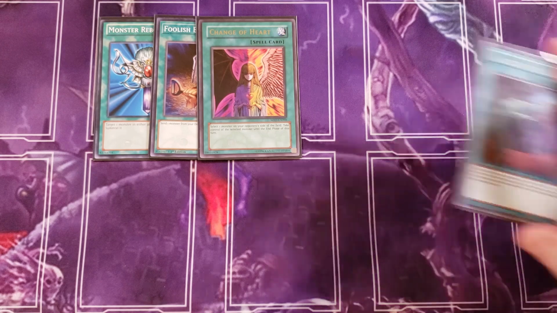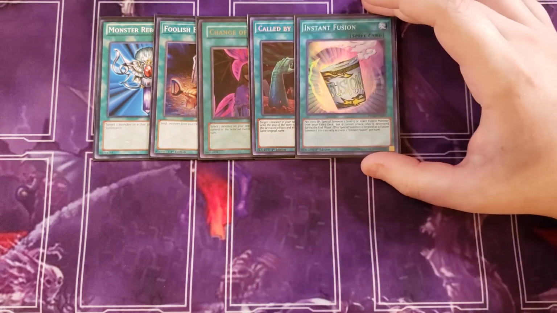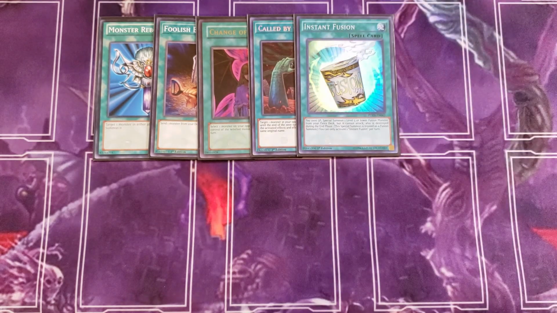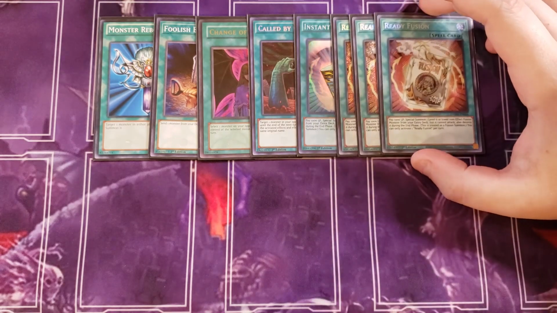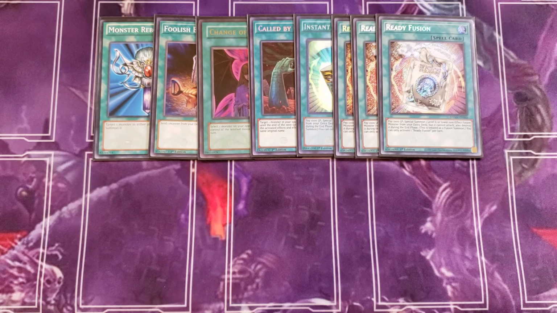We then play a single copy of Call by the Grave. Call by the Grave is really good to stop hand traps, so this card is a great one-of in the deck. We play a single copy of Instant Fusion, and then 3 copies of Ready Fusion, which we're always going to be summoning the same target off of this card. So they're pretty much just 4 copies of Instant Fusion, which is really crazy,